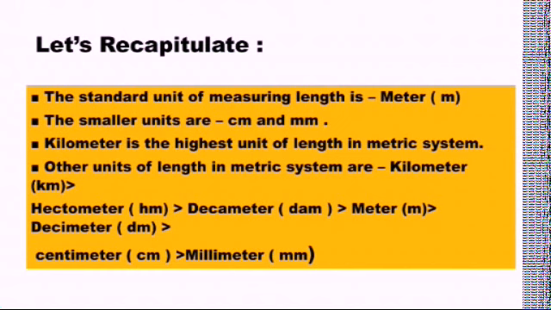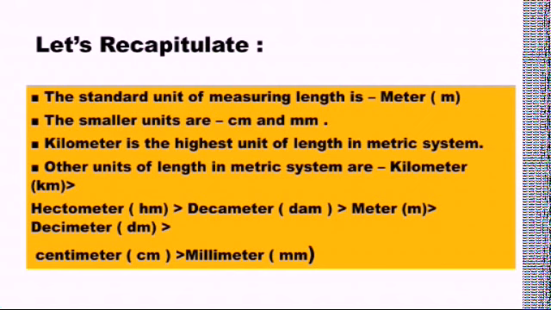Its short form is small m, and the smaller units are centimeter and millimeter. The highest unit of length in the metric system is kilometer. I have written all the units in descending order. Descending order means according to their position. See, kilometer is the highest unit and millimeter is the lowest unit. So I have arranged the units